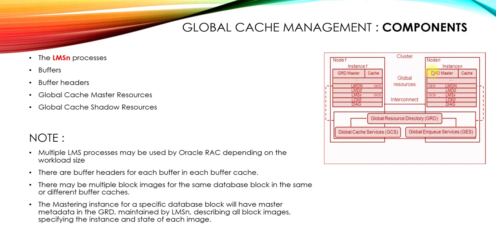And how it happens is, node 2 has that particular block 2 and somebody is modifying it, and now a session on node 1 requests the same block 2. So there will be a copy of the block from node 2 to node 1, and now there will be a metadata structure for block 2 here in node 1. We will see everything in the diagram, and then we will have a clearer image of everything that goes on underneath.